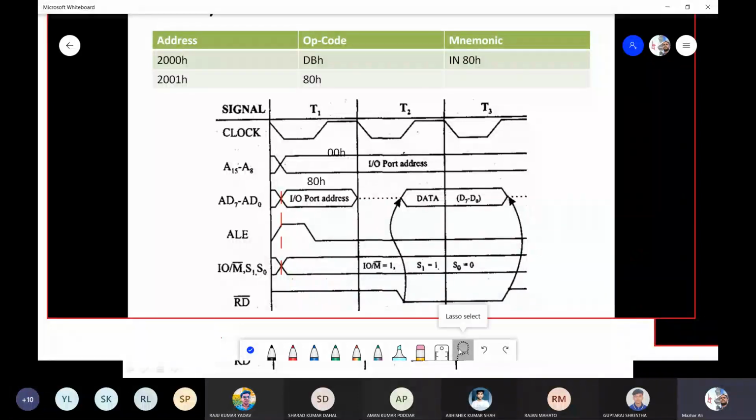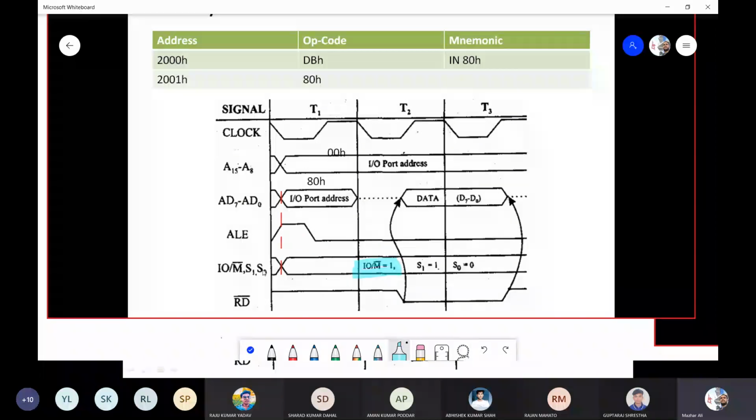You should understand that the actual address is just in AD0 till AD7. This is 80H, and because an address is being issued, it is not data, it is address. So hence ALE is 1. And about IO/M, this is the most important one that you should remember,